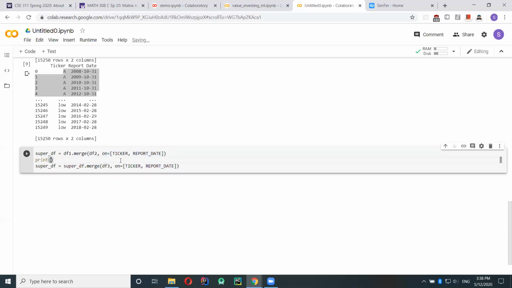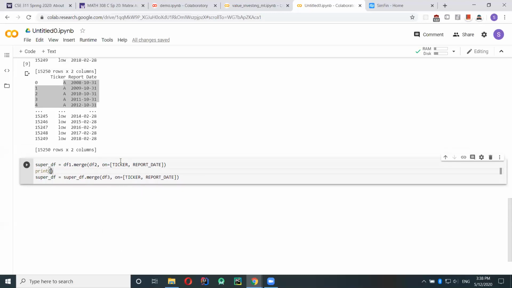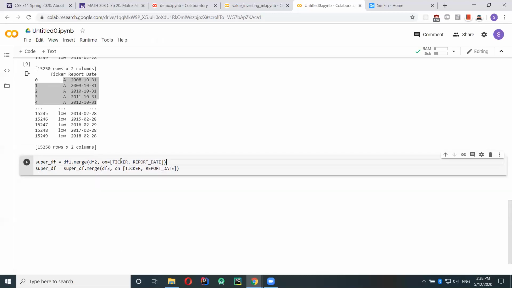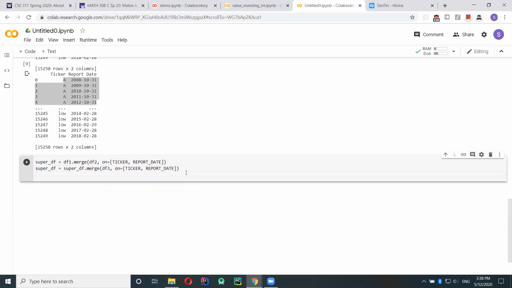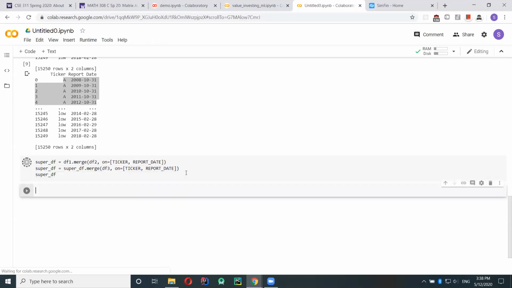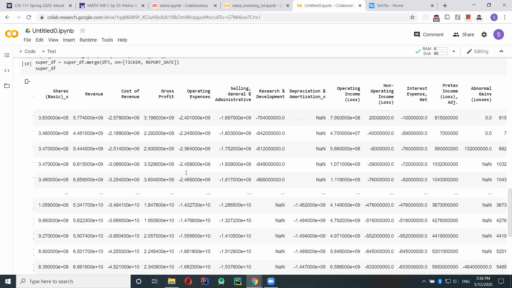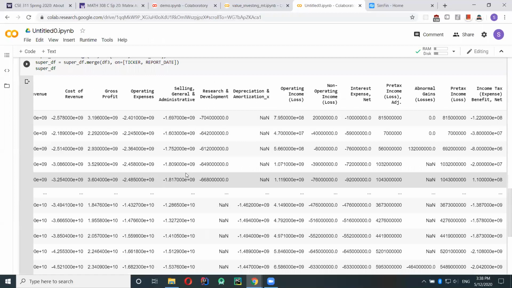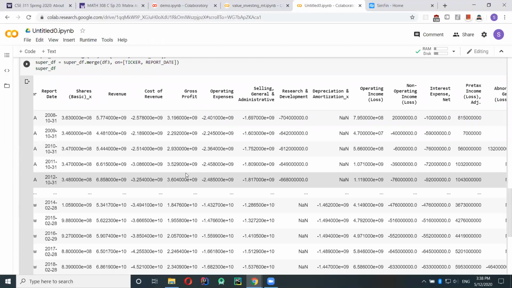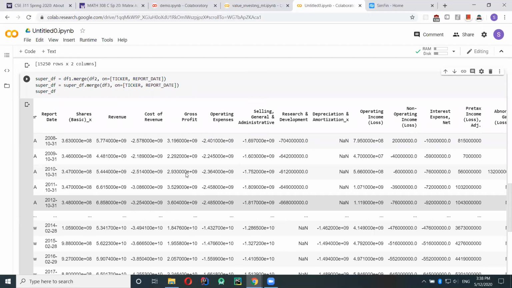Okay, let me just print. As you can see here, there's stuff from the balance sheet.